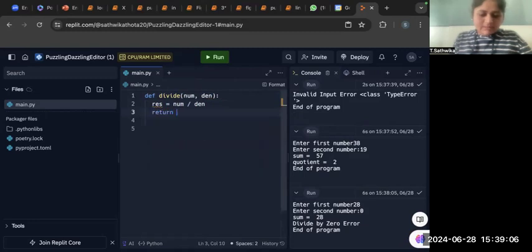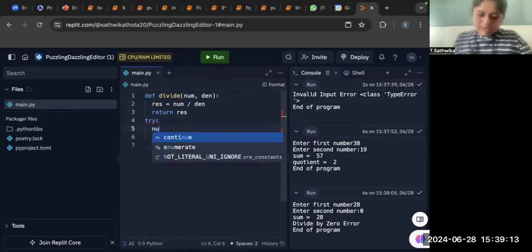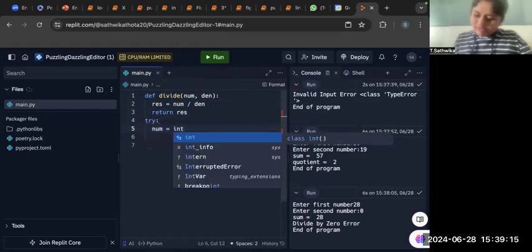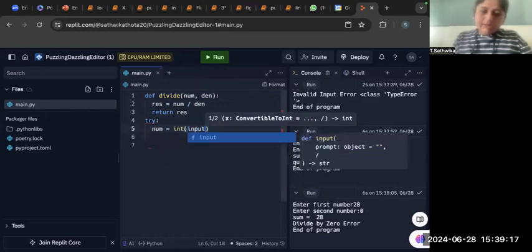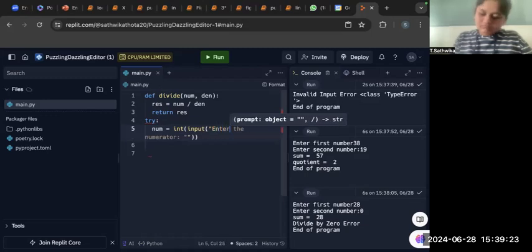We have to return result, and then later we have to try numerator is equal to int of input of, enter the numerator,